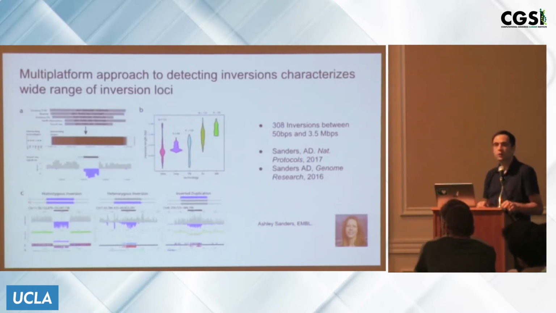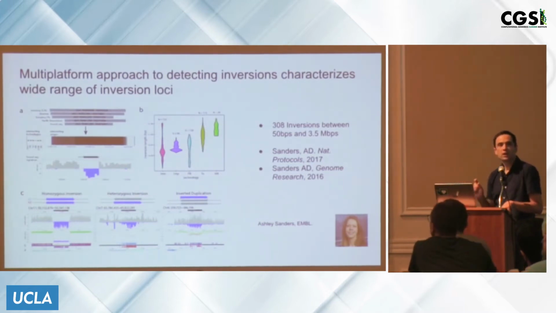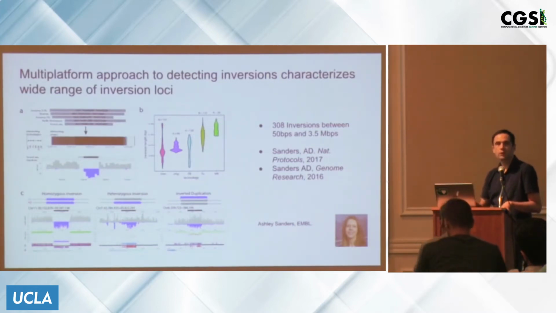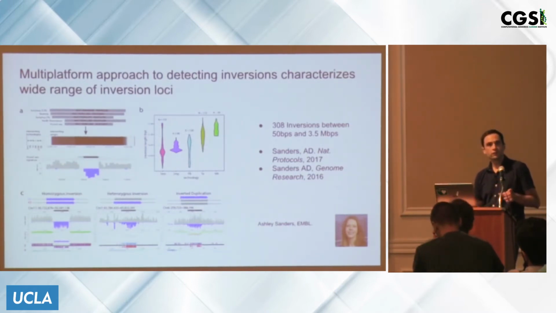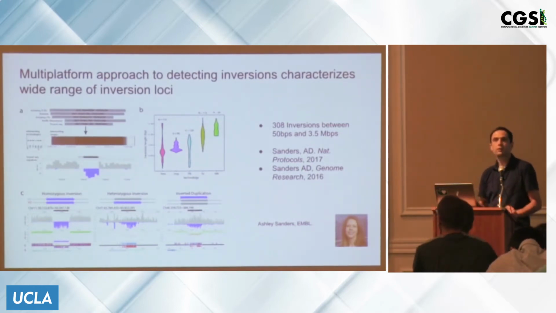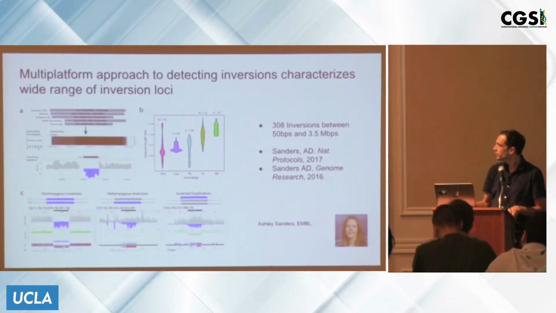the Strand-seq data. So I mentioned that anytime you see a read on the same strand, it's in the same phase. If you see most reads on the same strand, but a swap of strands, what this corresponds to is a swap of the orientation of the DNA that's there, so you're finding an inverted sequence using this single cell sequencing approach. It's able to define a very comprehensive set of inversion variants within even highly duplicated regions of the genome that, for example, can't be accessed by any of the other technologies, such as 10x technologies or BioNano Genomics. This is work done by Ashley Sanders at EMBL,